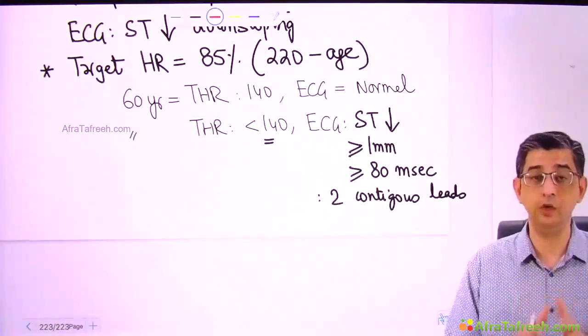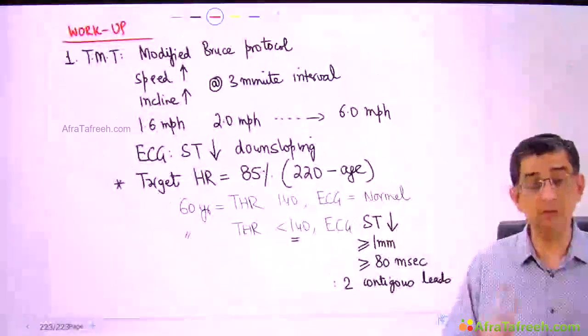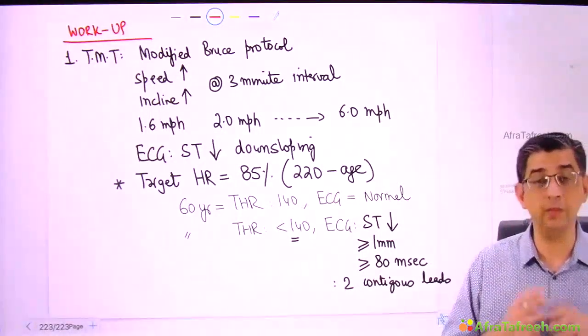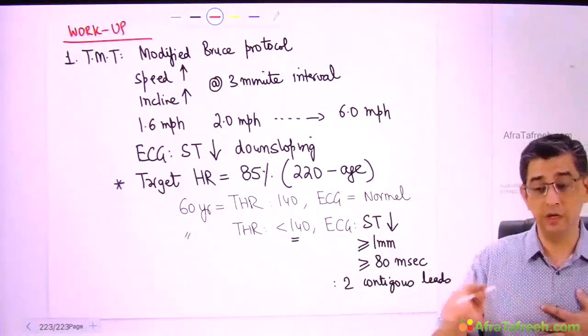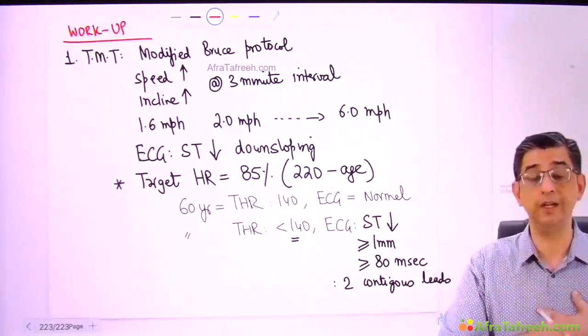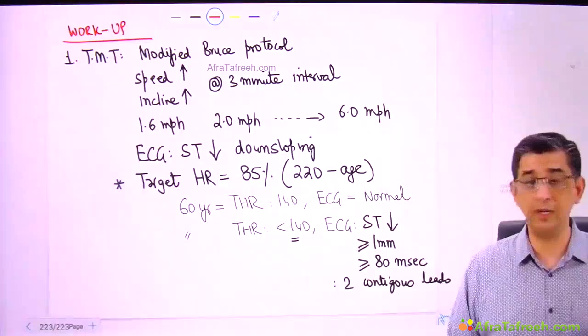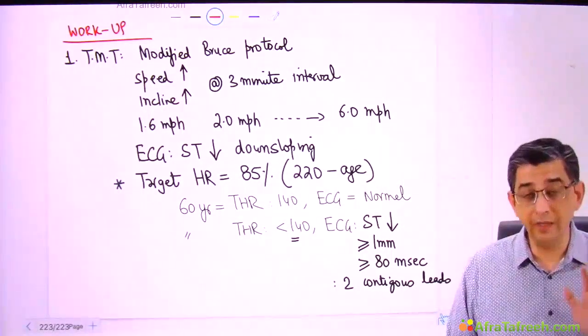So please be always on the lookout. And if a person walking on the treadmill says even once, sir, I'm feeling uncomfortable, don't wait for him to say I'm having chest pain. If somebody says I'm having an uncomfortable sensation, heaviness in my chest, reduce the speed, get him off the machine. It is better to be safe than sorry. Obviously, for diagnostic purposes, you can't let somebody die. I said 1 death can occur for every 10,000 treadmill tests.